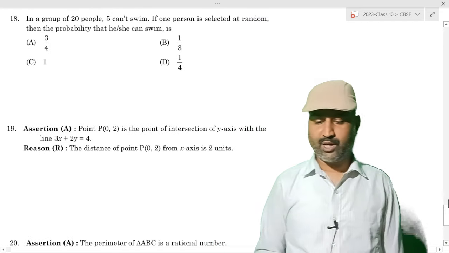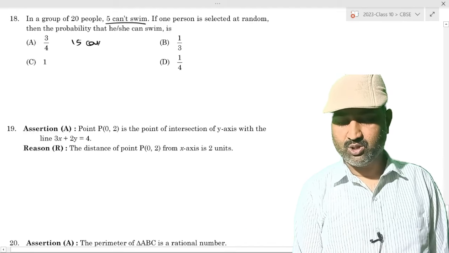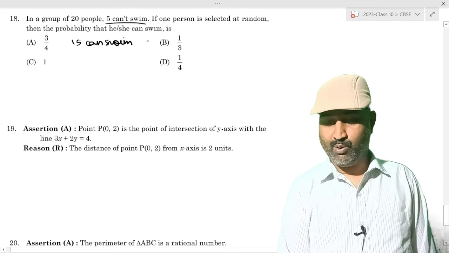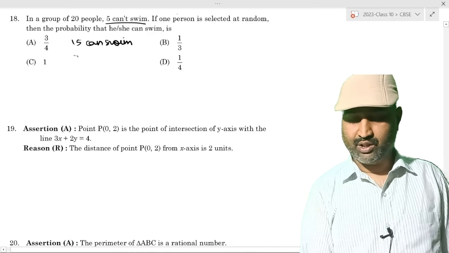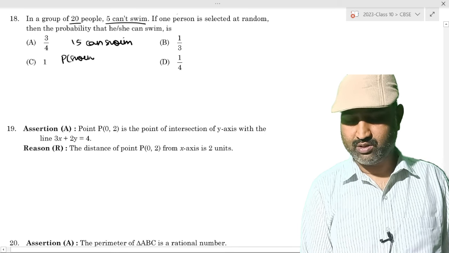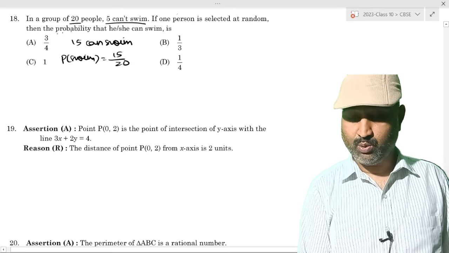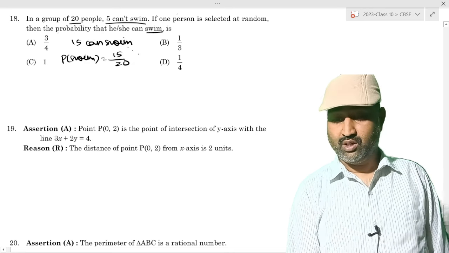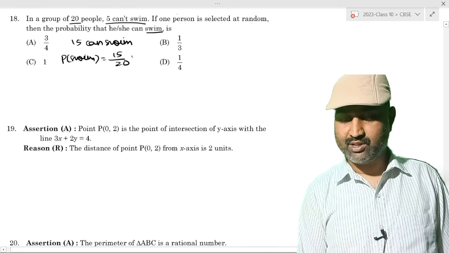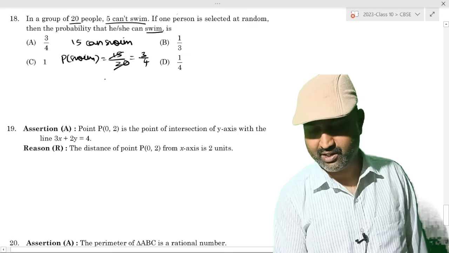In a group of 20 people, 5 people can't swim. Therefore, 15 can swim. We have to find the probability that a person can swim, right? Total people are 20. The probability of swimming is 15 by 20, because they asked the probability of swimming here. 5 can't swim, therefore 15 can swim. 15 by 20 is 3 by 4: 5 threes are 15, 5 fours are 20. So 3 by 4, option